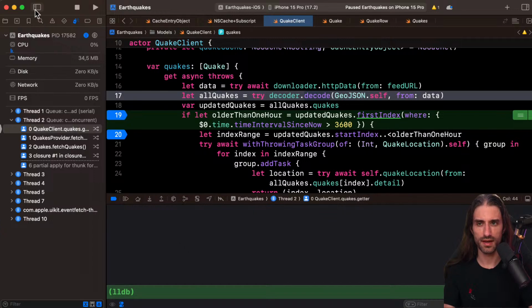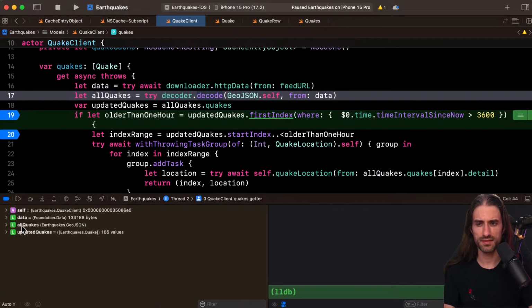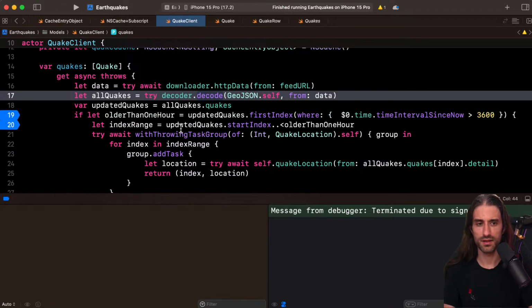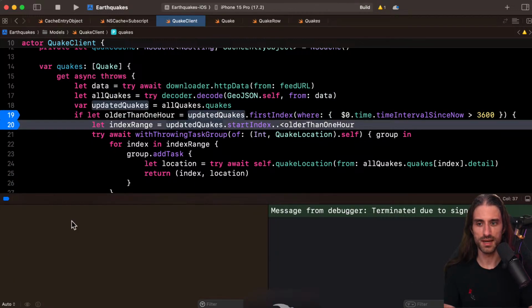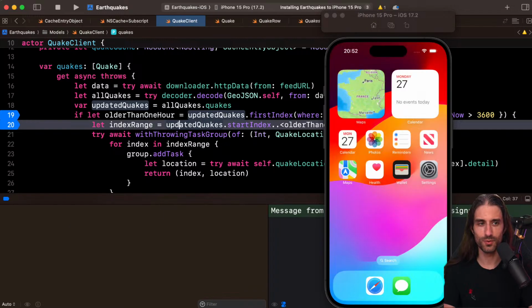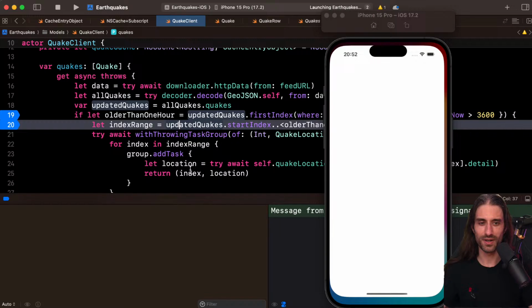That's so weird. And let me see what we have here inside the data. No, not the data, the updated quakes. So we have this. Okay, so the app crashed. That's the joy of doing things live. You never know what's going to happen. Let's relaunch it.